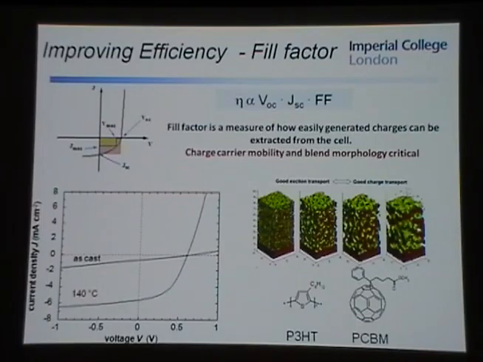If you now heat it up to 140 degrees, then the phase morphology of the blend changes. In this case, the polymer is semi-crystalline, so the polymer seems to crystallize into more ordered domains. You can extract more of your charge and your current goes up. Your voltage doesn't really seem to change in this case, because that's related basically to the energetic offset between the LUMO of the PCBM and the HOMO of the donor polymer. So that's not changing, but by annealing, you're changing the phase behavior, changing the phase segregation, and ultimately changing the